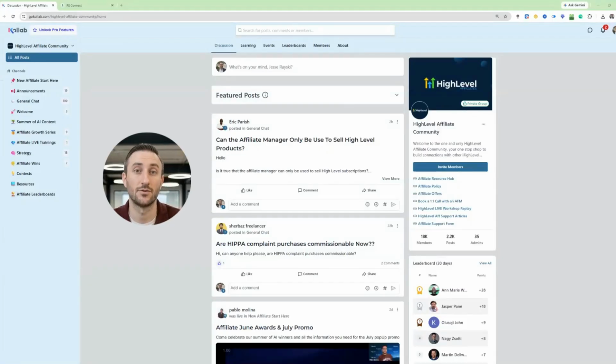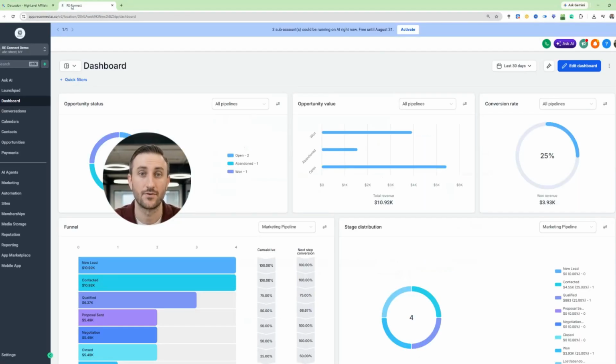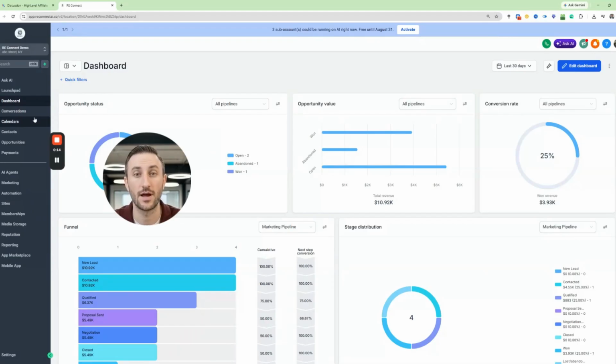Now let's look at GoHighLevel. The biggest advantage isn't actually communities, it's everything else. Communities inside GoHighLevel are just one piece of a much larger platform. If you're already using HighLevel, your community connects directly to your CRM. It connects to your workflows, your pipelines, your calendars, your forms, your automations, your email marketing, your SMS marketing, your AI, your client portal, your payments. Everything works together. For example, someone could fill out a form on your website, automatically enter a workflow, receive emails and text messages, book an appointment, purchase your offer, and automatically gain access to your community without you manually doing anything. That's where HighLevel really shines.